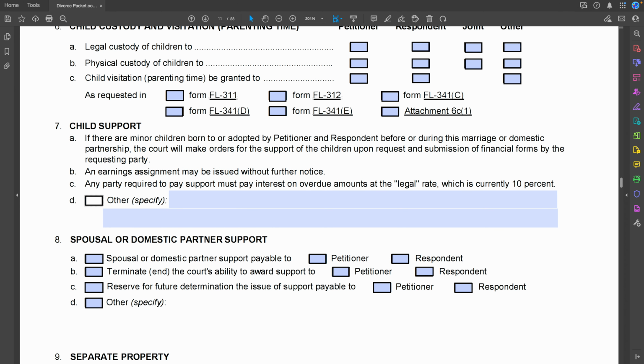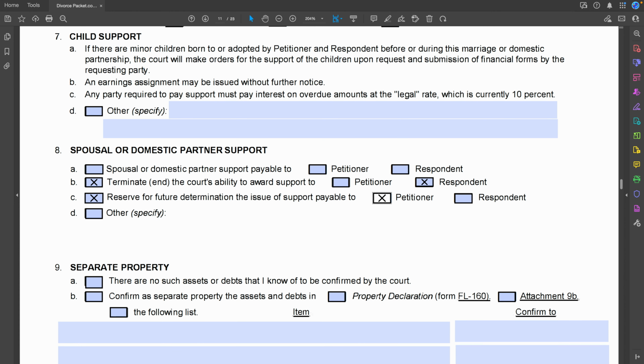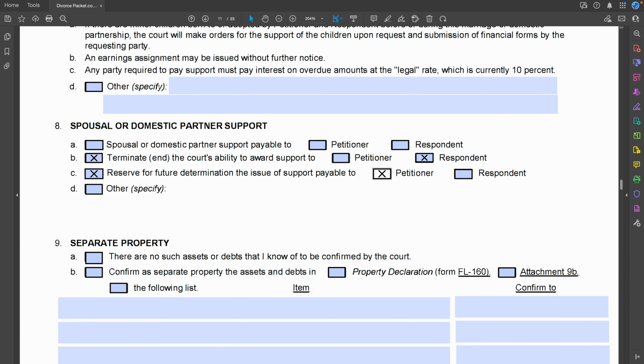And then when it comes to spousal support, since in this scenario our marriage is only 5 years, it is a short-term marriage. So I can put, I want to terminate for me and for the respondent. And then once the court does terminate it, when you get your final orders, neither one of you can go back later and say you want spousal support. So if you're not sure if you want to terminate for you, you could put terminate only for respondent and then maybe reserve for you for later determination, just in case you want to ask for it later. Okay? And then for separate property,